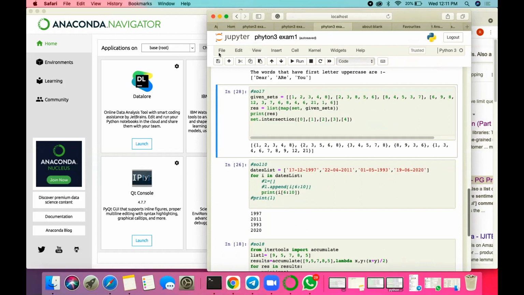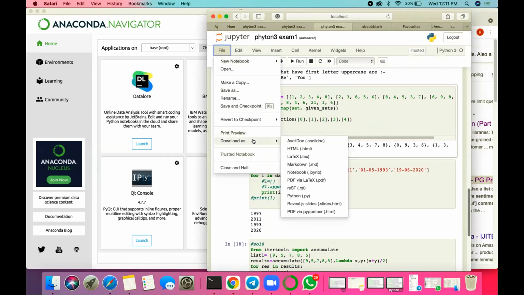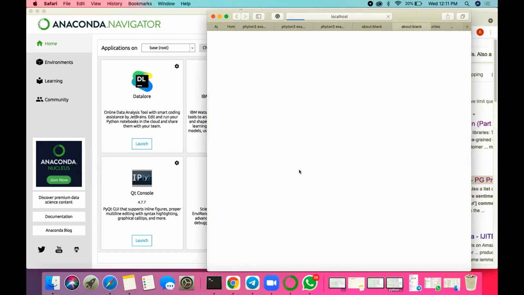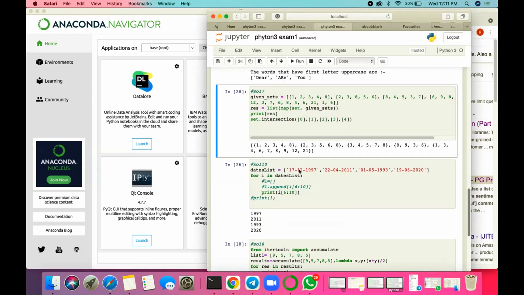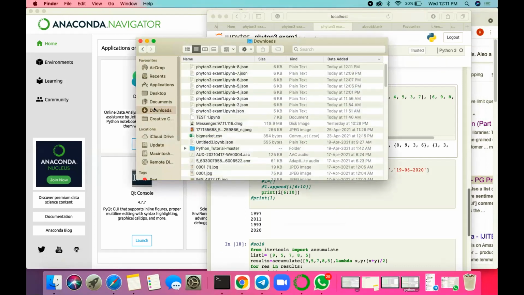So we have clicked on, just click on File. Download as IPYNB. Okay. Go to your file manager. Yeah, find that. So all this is okay. Getting it as JSON. Okay, there's one more way.